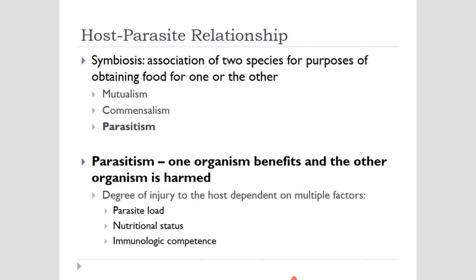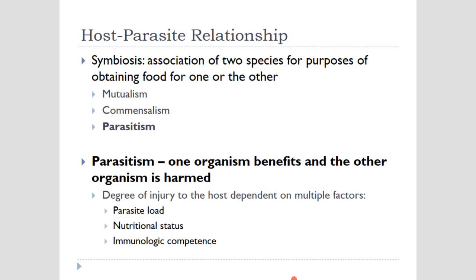The other important thing is that when we talked about commensalism, we talked about opportunistic bacteria. We talked about commensal bacteria in different parts of the body. If you remember, there was a Venn diagram, but you can go and see it again if you're interested. One of them, we talked about symbiosis.